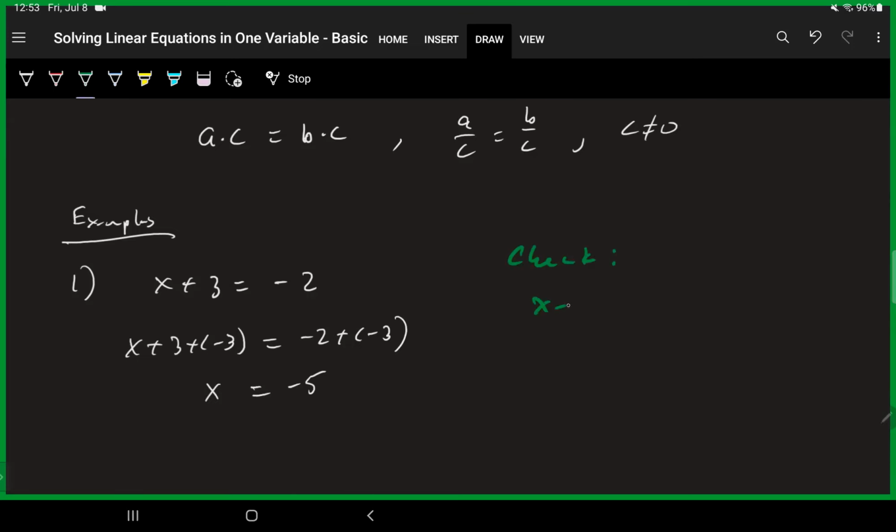So I have x plus 3 equals negative 2. And if I plug in negative 5 plus 3 equals negative 2. And so what I'm going to do is combine my negative 5 and my 3. And what does that give me? That gives me negative 2 is equal to negative 2. And that is a true statement. So that checks out. So we can figure out if any equation is true with a given number by plugging that number in. And if we solve the equation, we find a number and we want to make sure it's true, just plug it in.